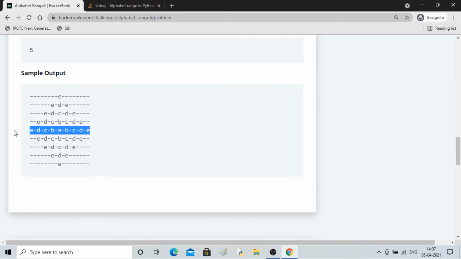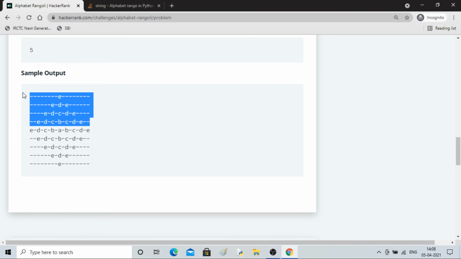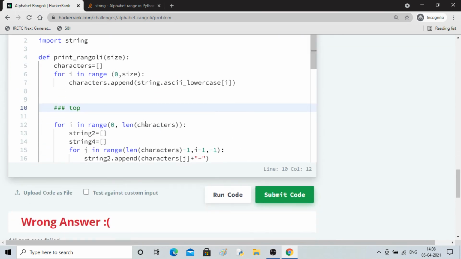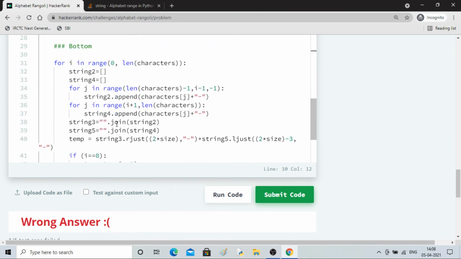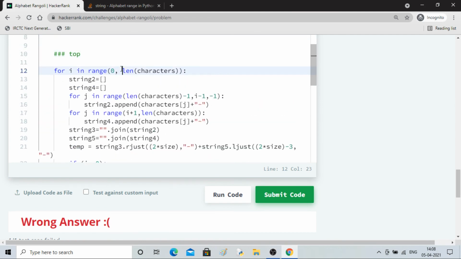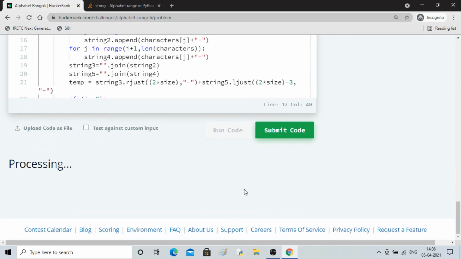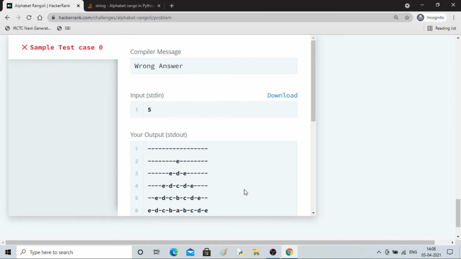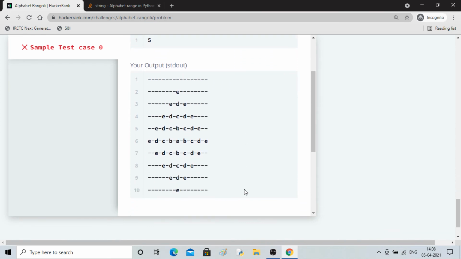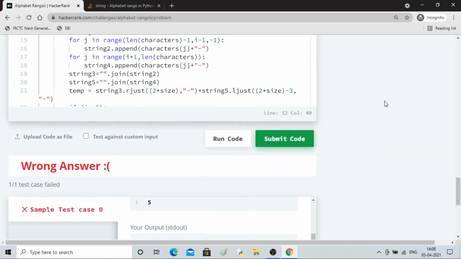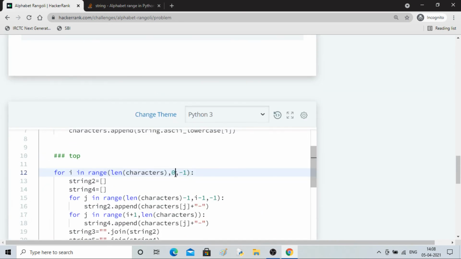So this thing we have generated from here till here, we have to go for this guy. So I'll invert it. So only thing is we have to start with, instead of length of characters, we have to start with reverse order. Okay, comma -1, everything has to be same, and let's see what is the modification we want. So everything looks similar, just we don't have it on the first row. So I will go till -1.